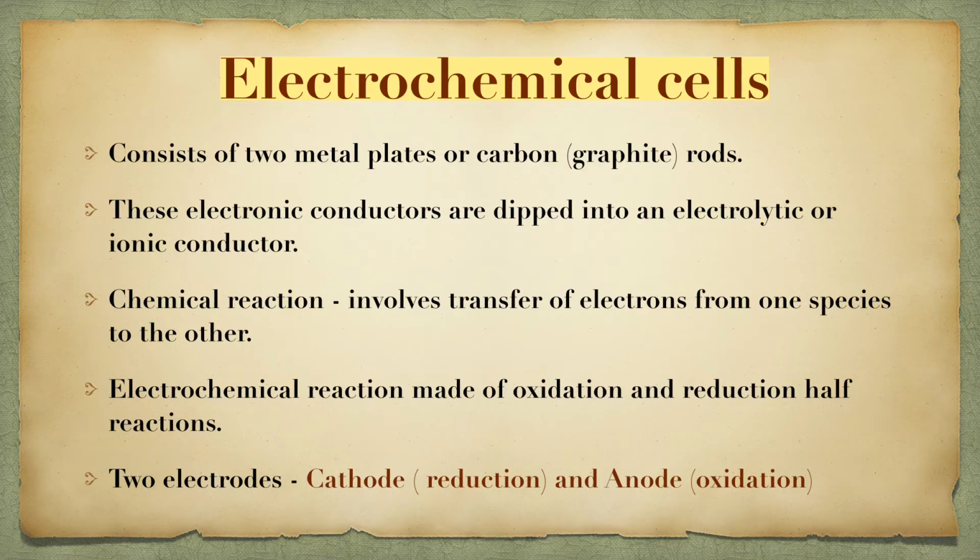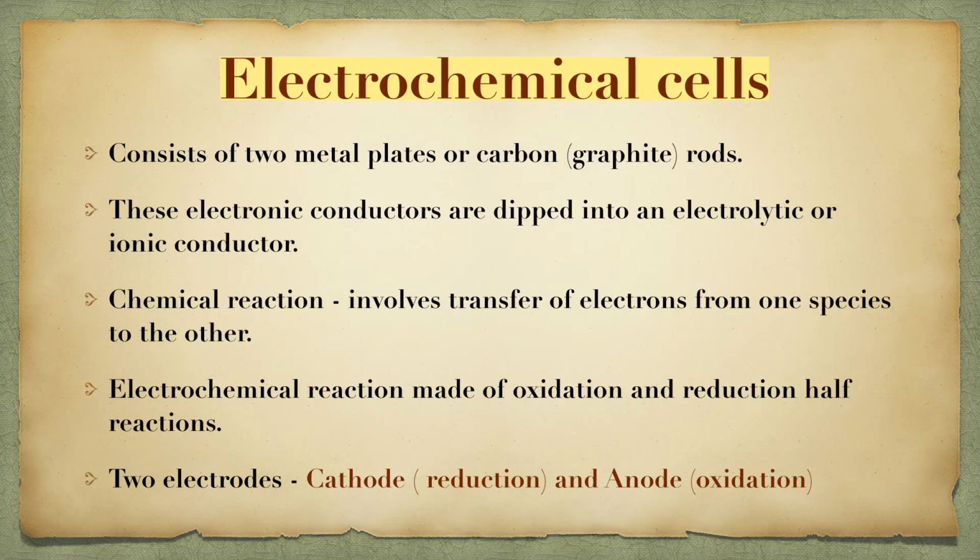Okay, so there are two types of electrode, cathode and anode. Cathode is the electrode at which reduction takes place. Reduction half reactions take place at the cathode, and the anode is the place where oxidation takes place. So again remember, anode and cathode are the two electrodes. Anode is oxidation and cathode is reduction. Just remember these words, "An Ox": anode oxidation and cathode reduction. Which is very important for us to understand the problems and everything.